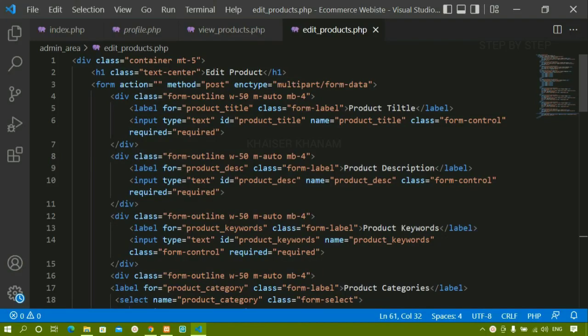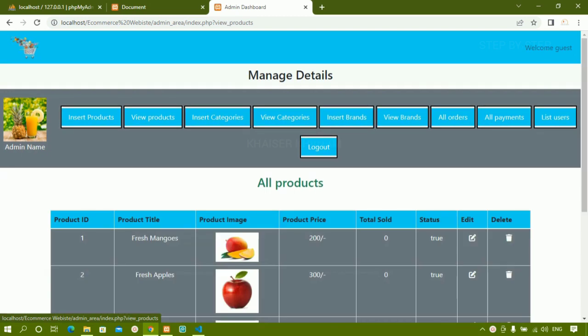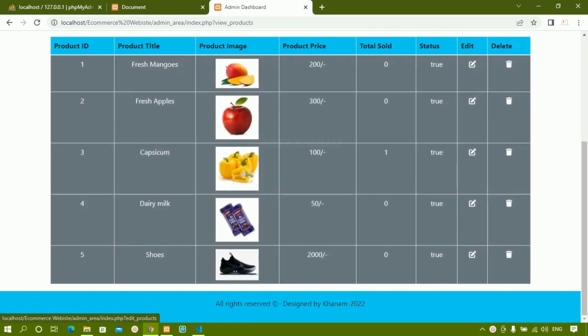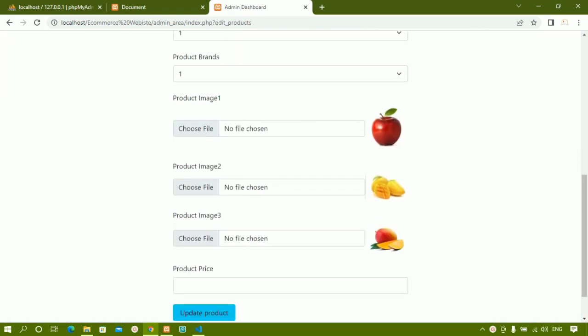In our previous session, we have created this edit form. Let me just show you. When I click on this view products, all the products will be displayed, and here we are having this edit button, okay, edit option. When I click on this, the form was displayed, okay, this we have done, and these images are the static ones. Okay, in our previous session we have created this complete form, and also we have displayed